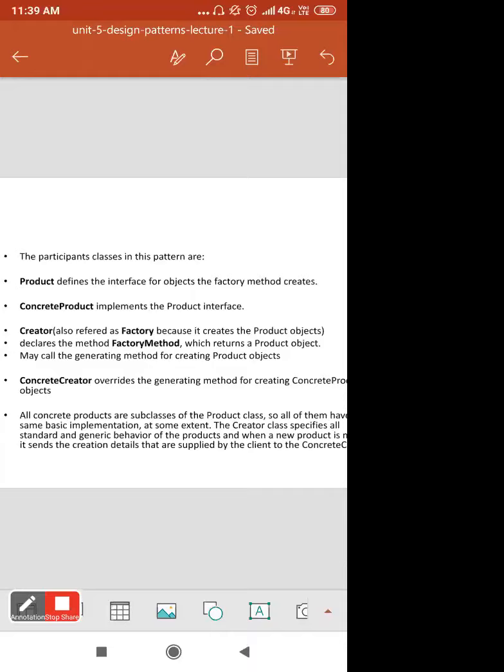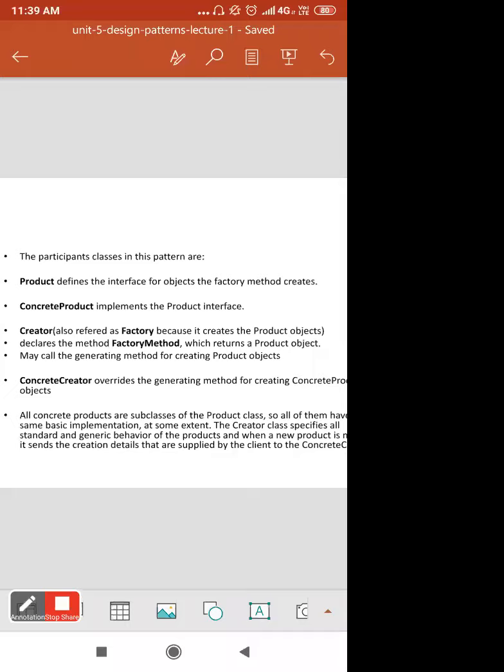Then what do you mean by a concrete product? Concrete product implements the product interface. First is the product interface, which is implemented by the next one, the concrete product.